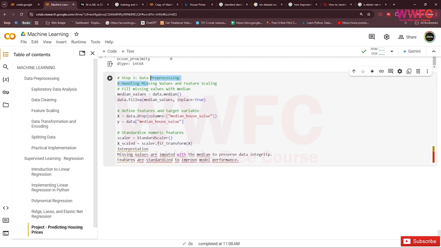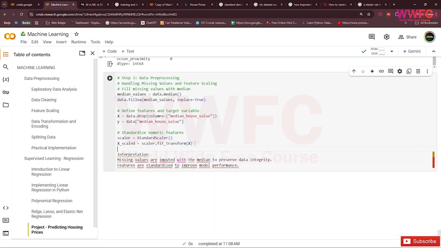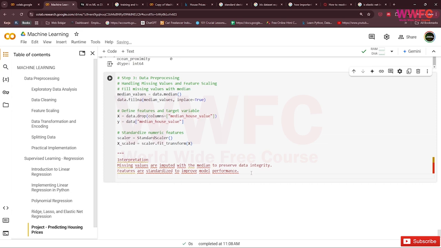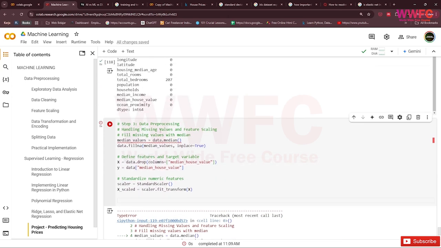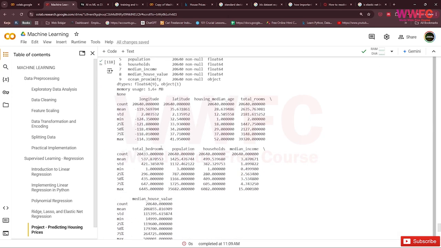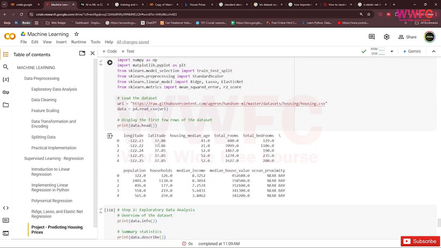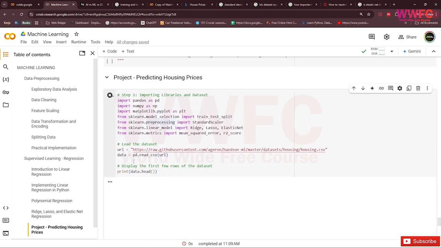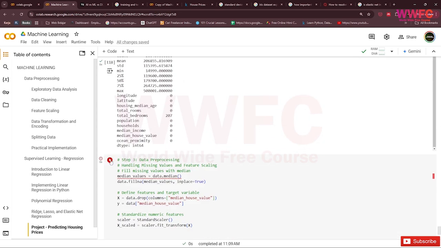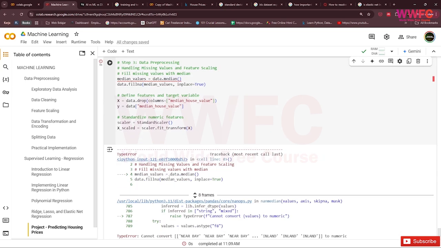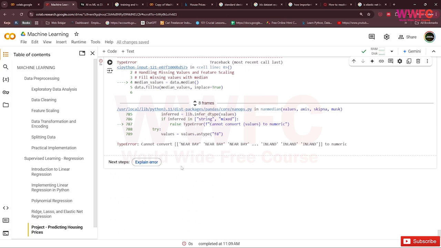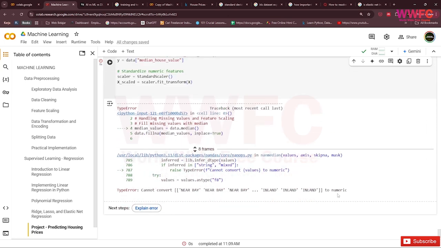So we make this interpretation with median value, data info, data head, and convert ocean proximity to numeric.